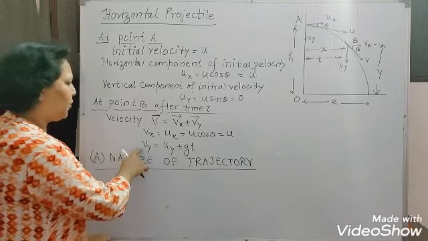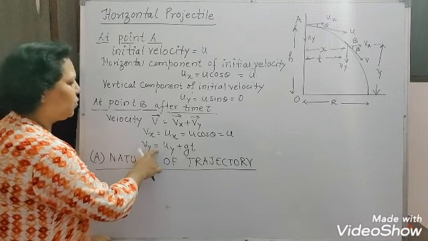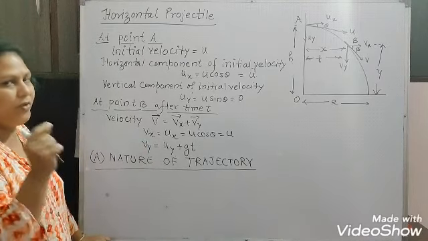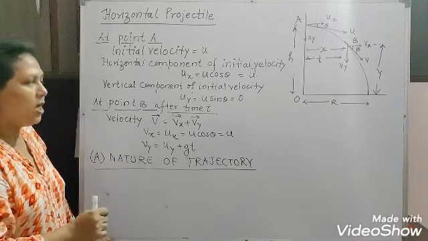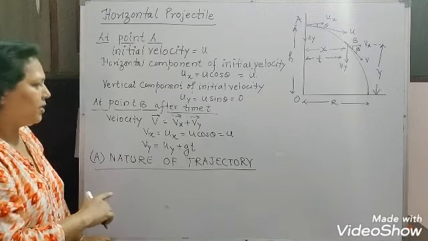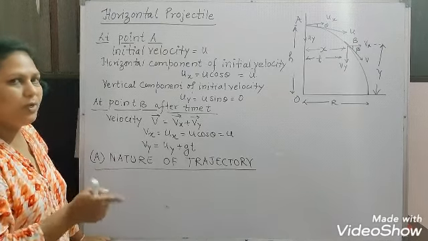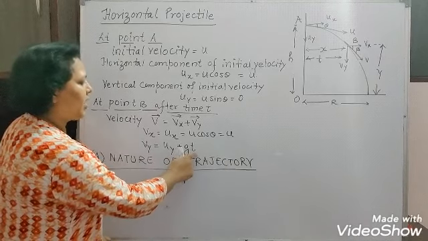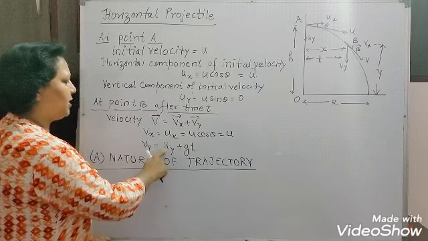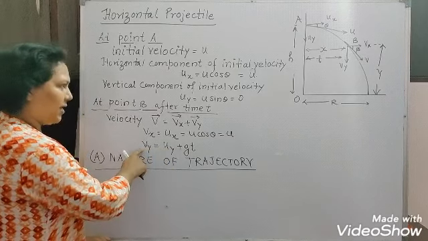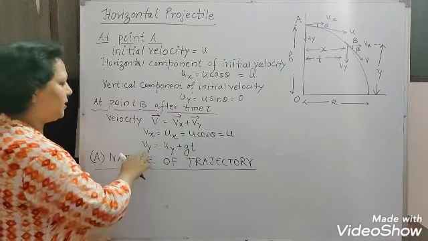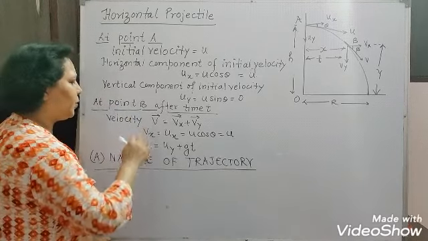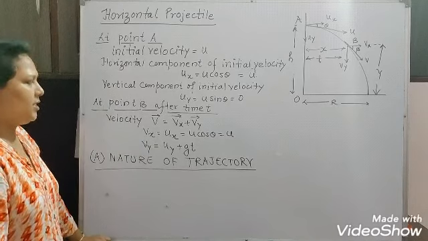Now we'll come to this point here: Vy equals Uy plus gt, because it is uniformly accelerated motion. So we have applied the formula. Which formula have we applied? The first equation of motion, v is equal to u plus at. So in place of a we have written g, time is t here, initial velocity is Uy, and the final velocity at point B, the vertical component of velocity, is Vy here. Okay, so this is the formula.